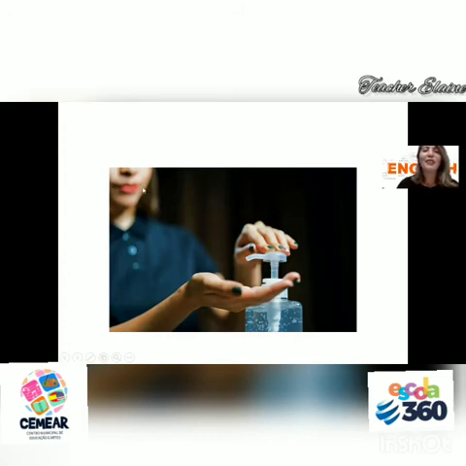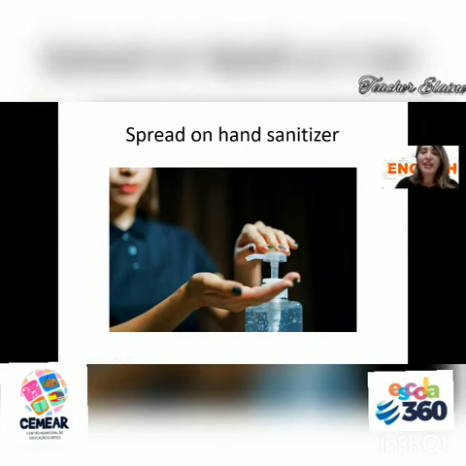Okay, so she's wearing lipstick, red lipstick, very, very beautiful one. And a good vocabulary here. She's passing hand sanitizer, skinwear hand sanitizer. So you can say that you're going to spread on hand sanitizer, okay? So, and don't forget to rub on the palm of your hand, on the back of your hand, between your fingers. Spread on hand sanitizer